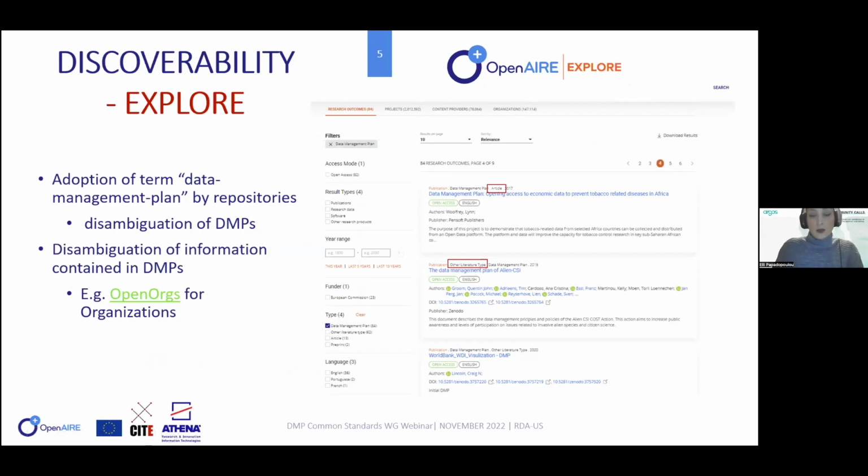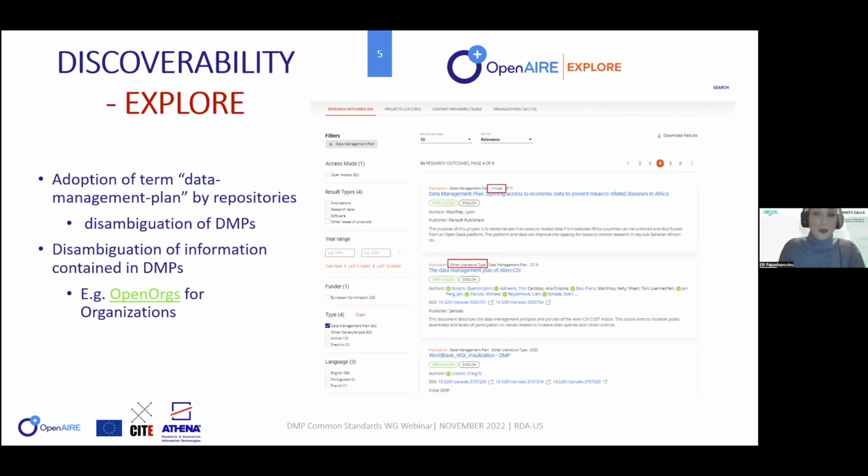Having done that, we wanted to explore how we can retrieve this information, how we can retrieve DMPs as we would go to retrieve, search and retrieve other outputs like publications or reports. So during this, we saw that although there is a specific resource type that is proposed by different vocabularies to be used for data management plans, and it falls under publications, resource type data management